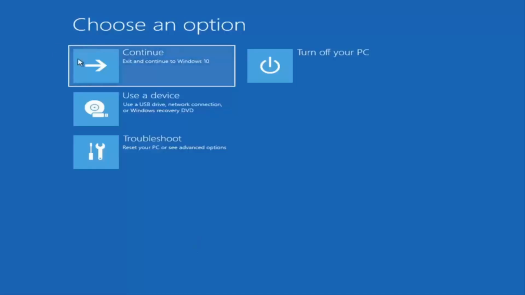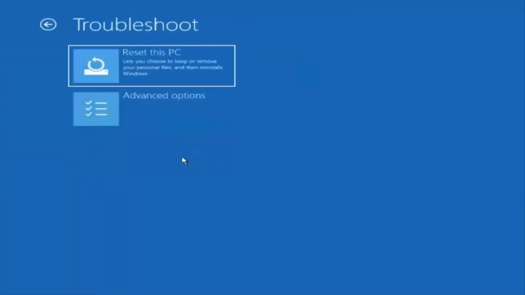So we're on the choose an option page. These will look very similar whether you're booting from it directly within Windows itself, or if you're plugged in a USB flash drive with the media creation utility installed and you selected the recovery option. When you are setting up your Windows 11 or Windows 10 installation, there should be an option to repair your computer in the bottom left corner of the dialog window, one of the first screens that comes up. You select that, and then it would take you to a troubleshooting screen like you see here. And you want to select troubleshoot, reset your PC, or see advanced options. And then there are going to be a whole bunch of options in here that we're going to explore in